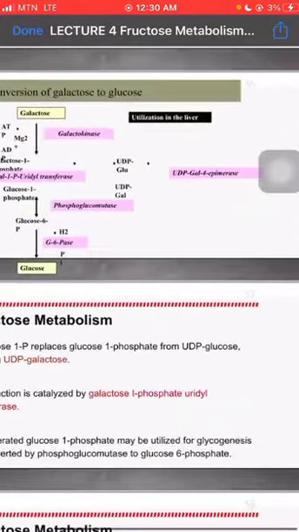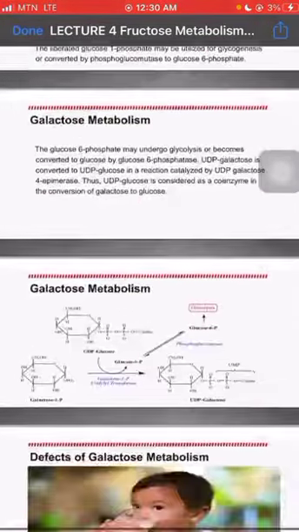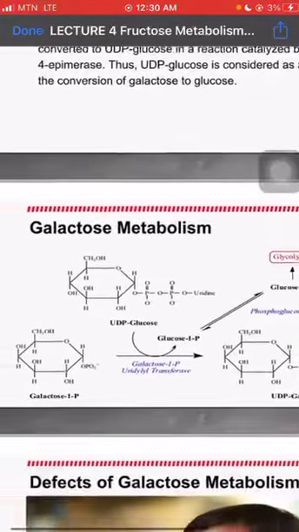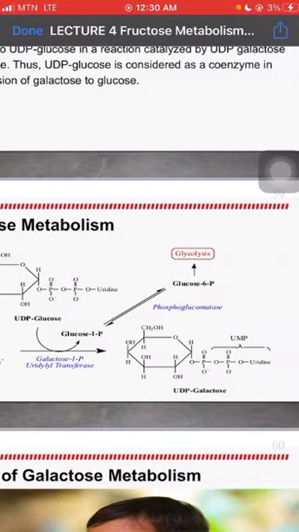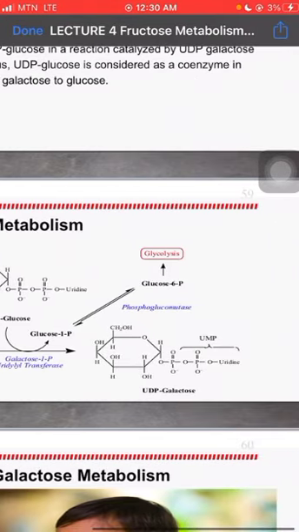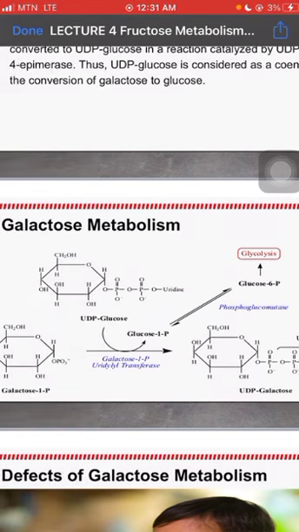So in the second step, this galactose 1-phosphate here, look at this picture here. This galactose 1-phosphate will be converted to this molecule here called UDP galactose. And let me explain how this happened. This molecule I made mention of, which is UDP glucose, will lose its uridyl part and 1-phosphate. So after losing the uridyl part and 1-phosphate, it means that it will be left with